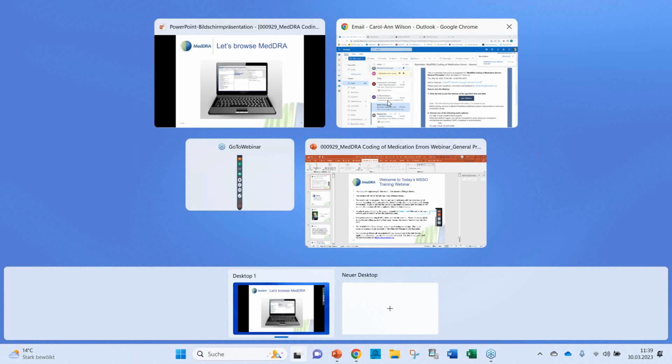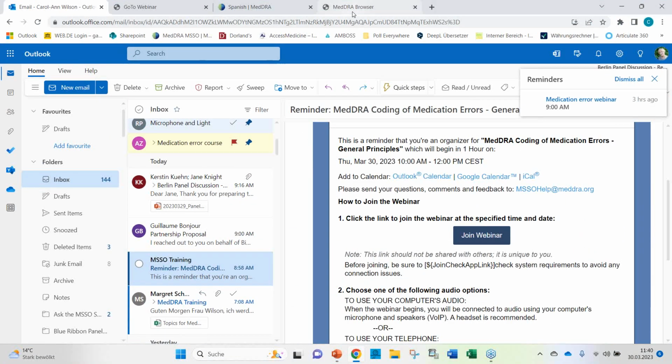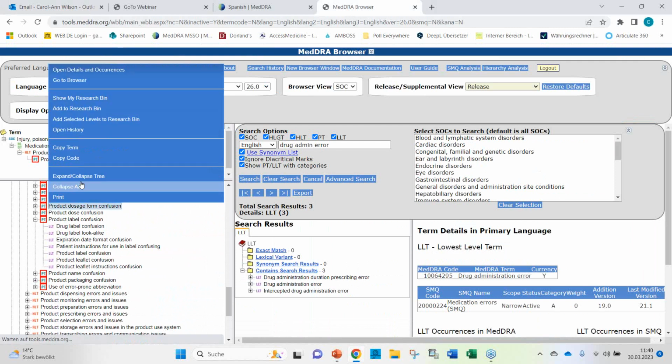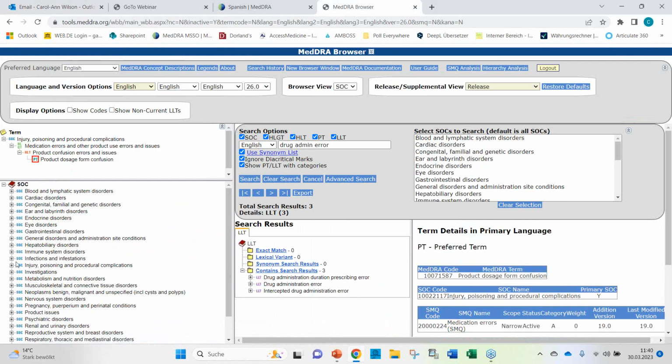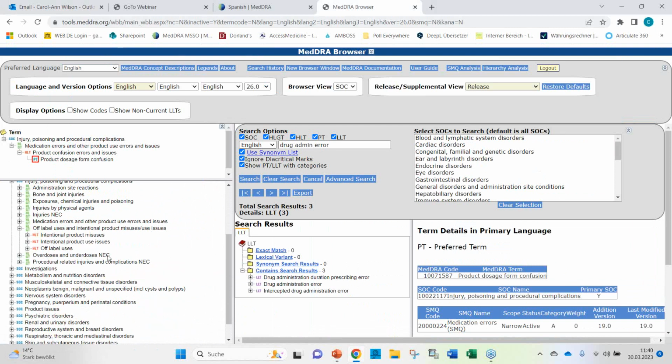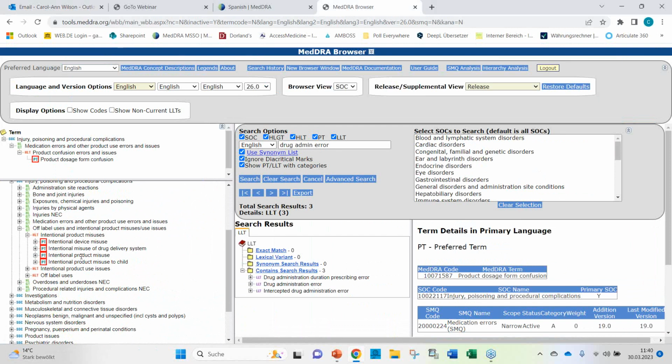Let me again, where is my browser? Here it is. So let's do a top-down search in SOC injury here, and let me collapse everything. Here we are. So we would look into off-label uses and intentional product misuses use issues. And we said, based on our decision chart, what we have here is a concept that relates to the intentional product misuse.